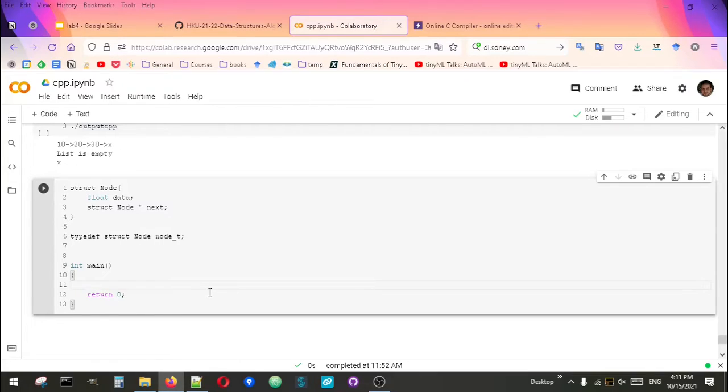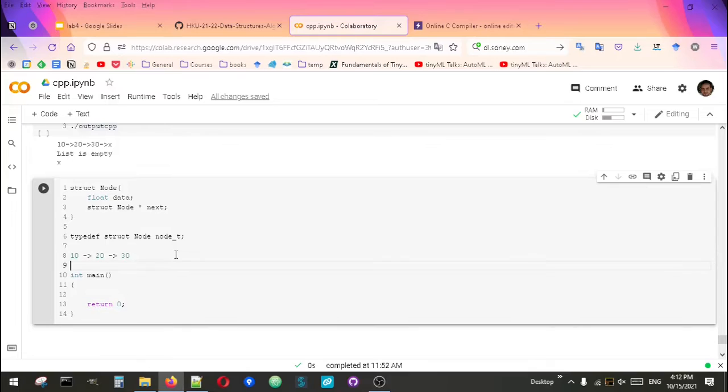And again, as we know that a linked list is nodes linked with each other with a link, next. So let's say we want to create this linked list, which consists of 10 linked with 20, linked with 30. So what we are going to do is here we define node underscore t head,